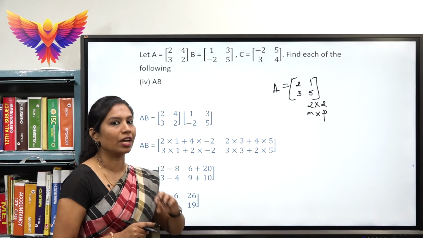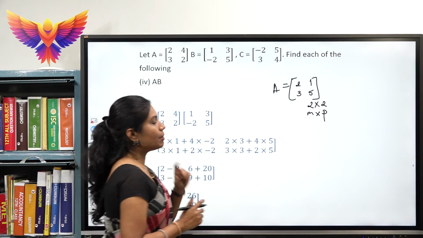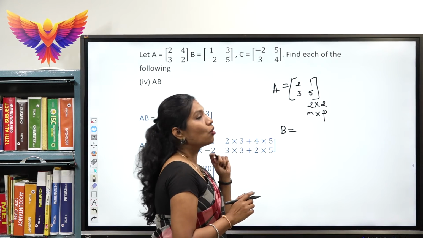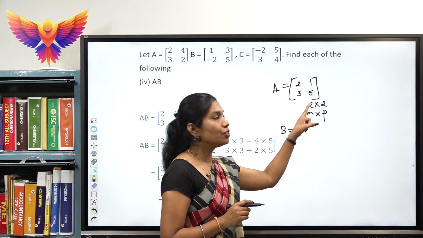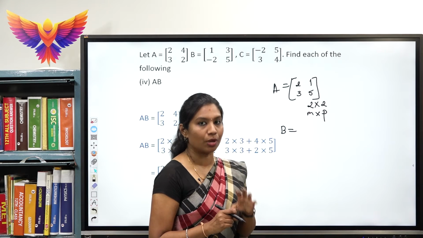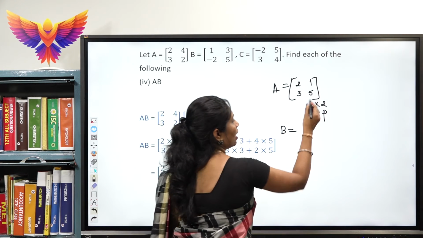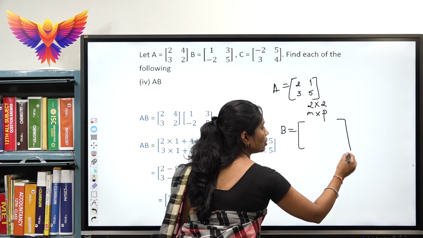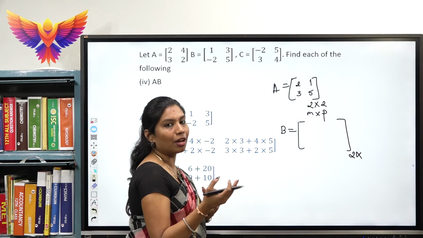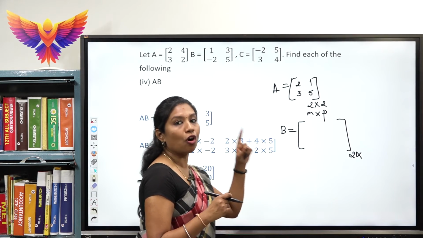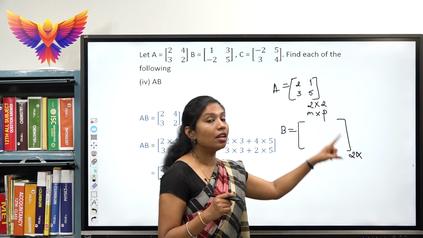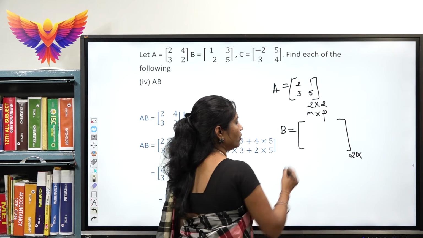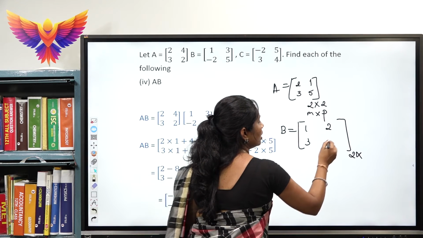The first matrix whatever we have, I will be assuming it as M cross P. The second matrix whatever we have to take, it should be in such a way that the number of columns the matrix A has should be the same as the number of rows the matrix B has. I will repeat once again. For example, here I have the number of columns as 2. The same way I should have 2 rows here. The number of columns can be anything for the other dimension, but the number of columns of the matrix A should be the same as the number of rows of the matrix B. So, here I should have 2 rows itself. I will be considering 1, 2, 3 and 4.